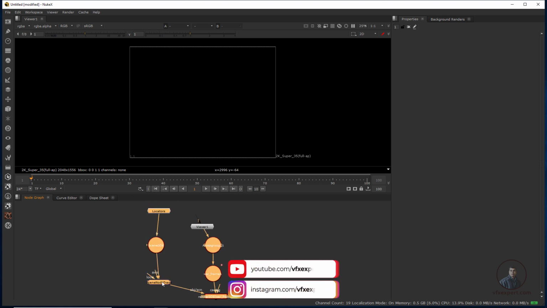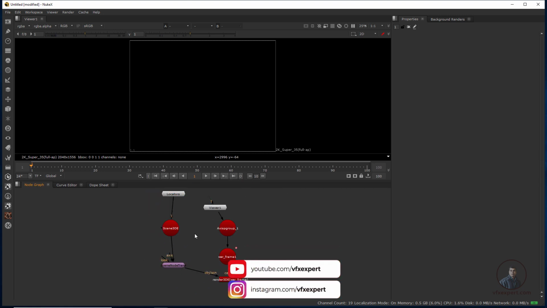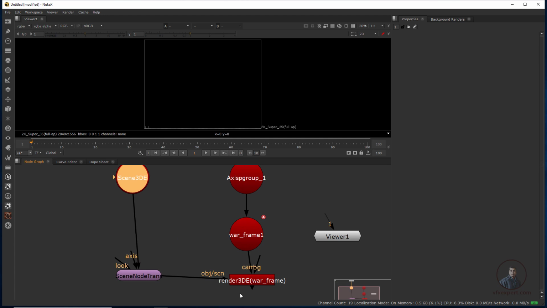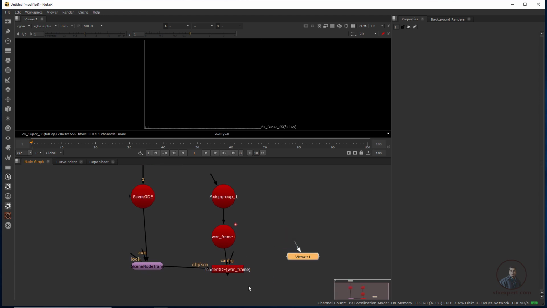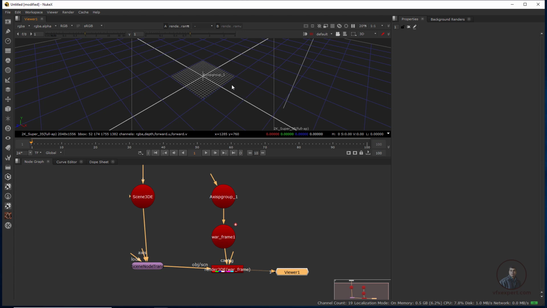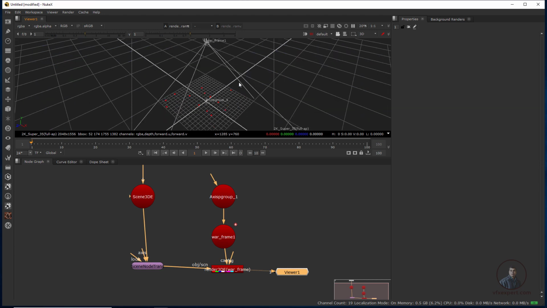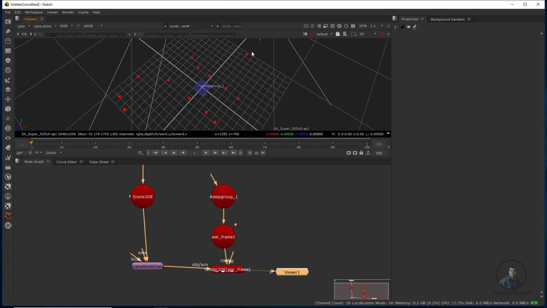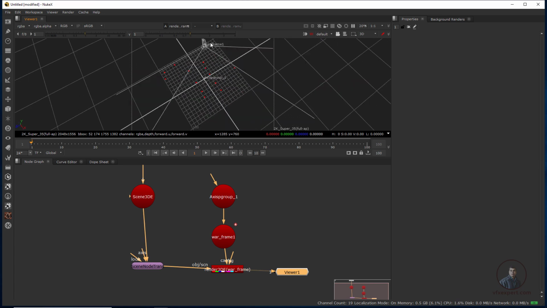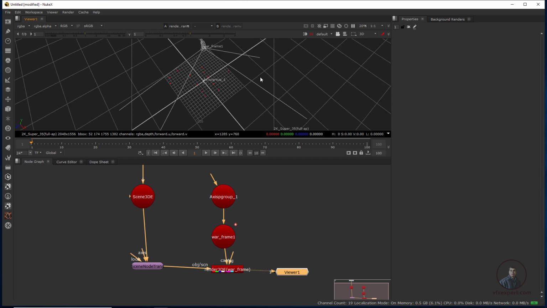Now here you will see these are our locators and this is the 3D Equalizer scene, and there are some other nodes here, and this is our final scene render, or scanline render. Select this and connect it here. I have connected it. Now press the Tab button, then press F. Now you can easily see these are the points or locators which we created in 3D Equalizer. This is our camera, which we oriented in 3D Equalizer. I think this is looking good.